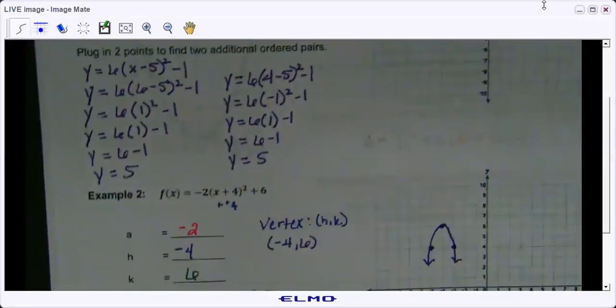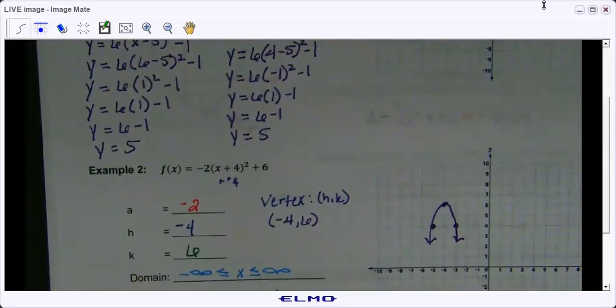Okay, so we know that the domain is -infinity less than or equal to x less than or equal to infinity. Tyson, what is the range? Is it 6, less than or equal to, or greater than or equal to, y greater or equal to, infinity? Yeah, so you read it, did you put your 6 on this side or this side? Just on the left. Okay, so you want to put it on the right side because if you look at